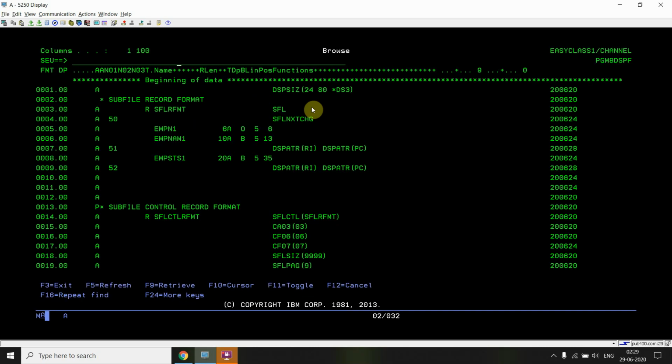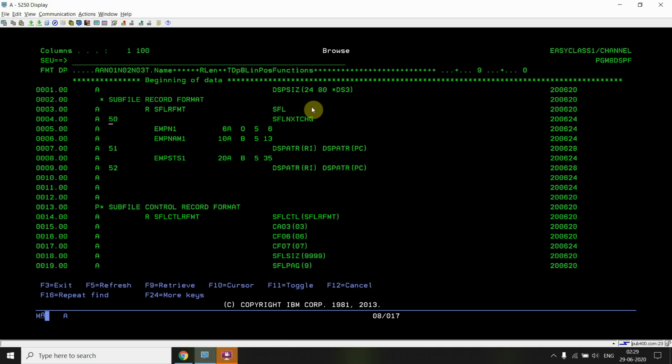So here you can see the display size is 24 by 80, the standard size. Now this is the subfile record format. The subfile record format is SFLRFMT. Here I used the SFL keyword with that, so it is denoting that this is a subfile record format. Now you can see that I used the SFLNXTCHG keyword with this subfile record format.